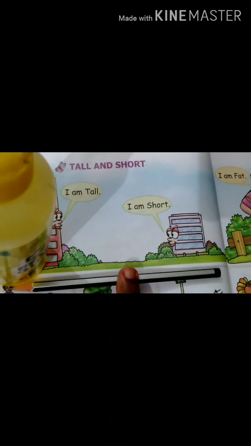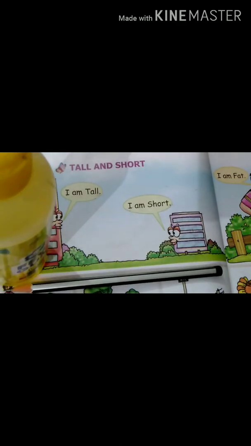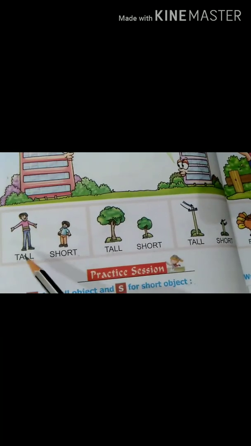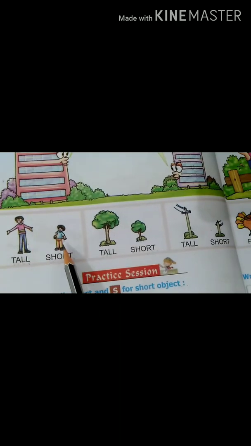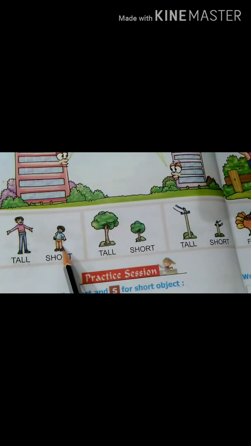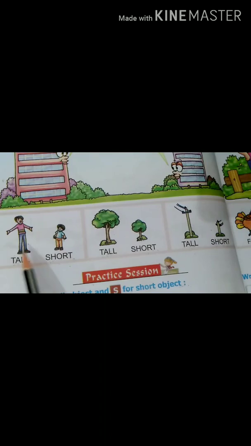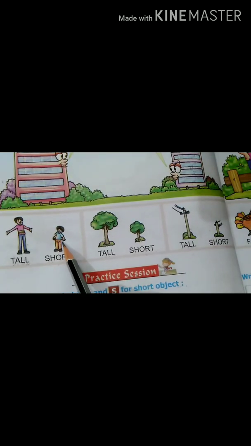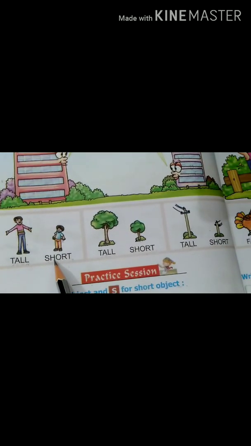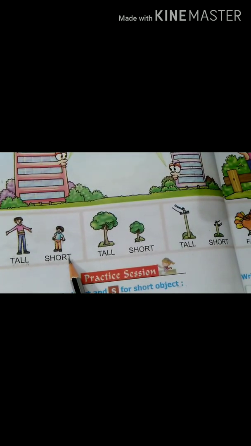Okay, understand? Some pictures are here. Who is he? He is a man. And who is he? He is also a man. This man is tall, T-A-L-L, tall. And this man is short, S-H-O-R-T, short.